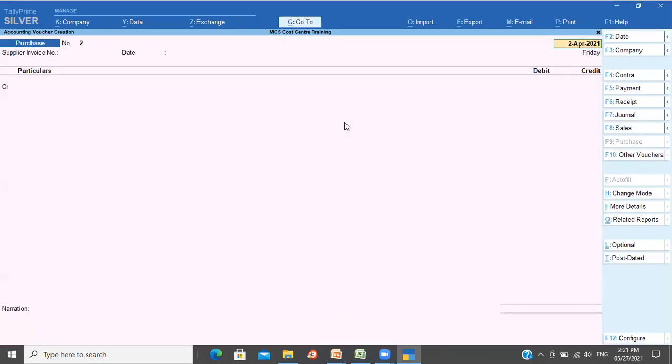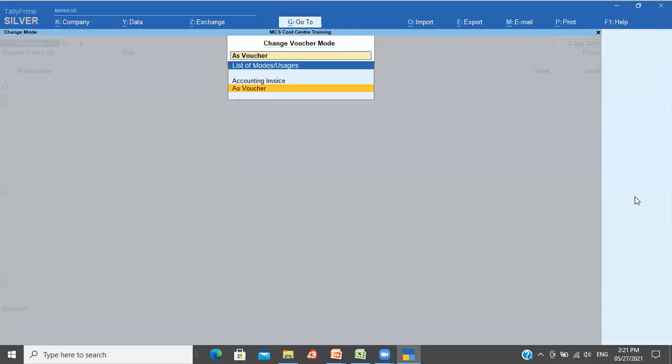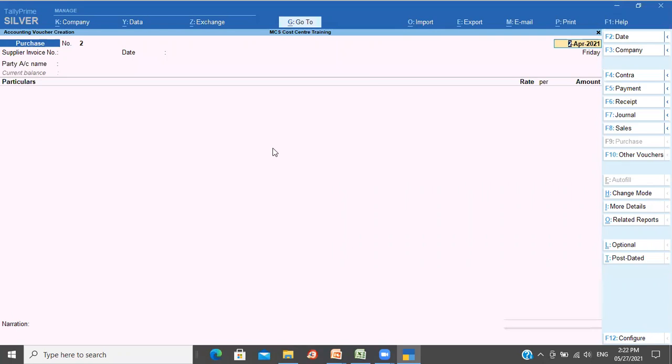So let's go back to purchases. We were doing a purchase entry. I showed you how to do the purchase entry as a voucher, but if you click on change mode and click on accounting invoice, the allocation will not happen as you are looking at this. So what you need to do here is